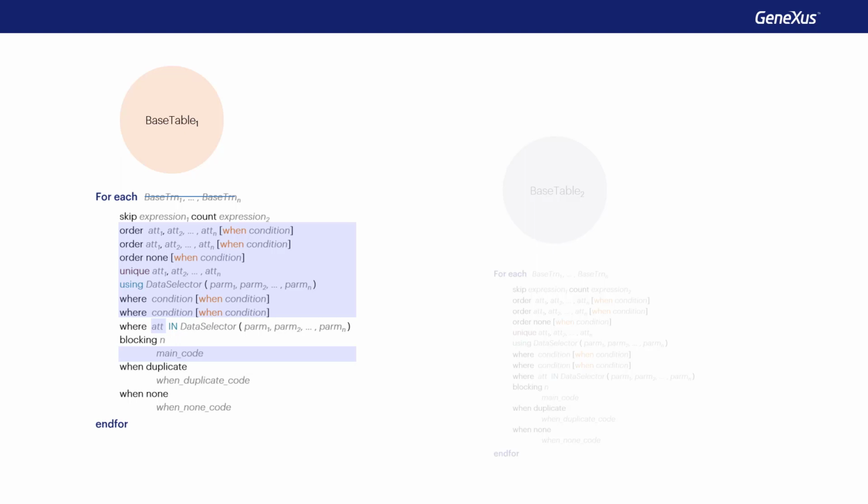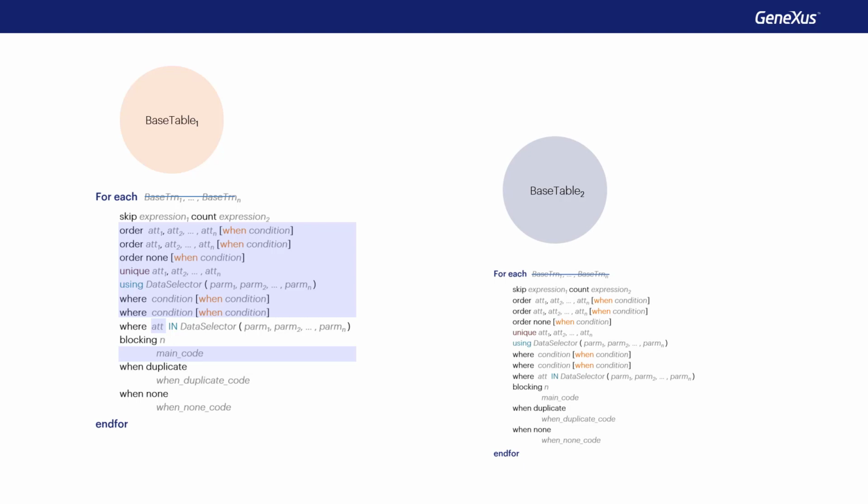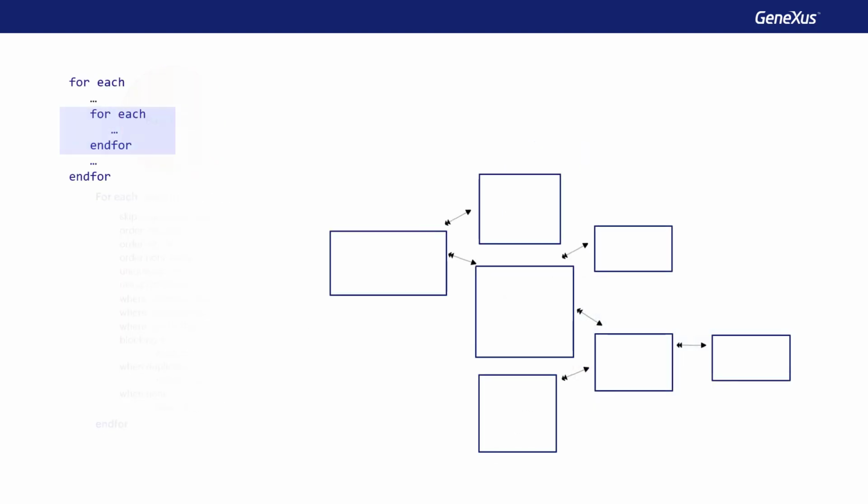How is the base table of the nested for each determined? It's always defined after determining the one of the for each that contains it. The case that should be analyzed is when there is no base transaction. It could be considered in a similar manner, taking the attributes found here, suppose these ones, and finding the minimum extended table that contains them, regardless of the main for each. However, it will not be exactly that way.